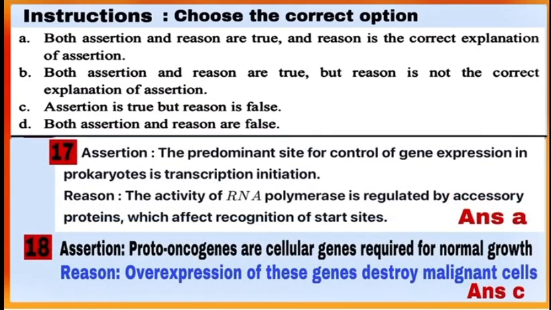Question 17. Assertion: The predominant site for control of gene expression in prokaryotes is transcription initiation. Reason: The activity of RNA polymerase is regulated by accessory proteins which affect recognition of start sites. Correct option is A. प्रोकैरियोट्स में जीन एक्सप्रेशन को कंट्रोल करने की मेन साइट है ट्रांसक्रिप्शन इनिशिएशन, मीन्स जहाँ से